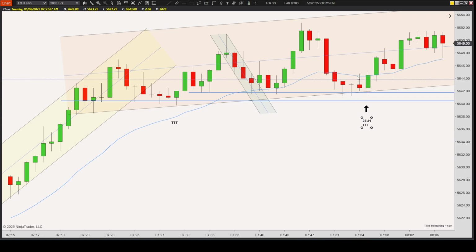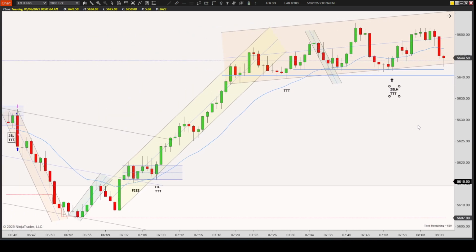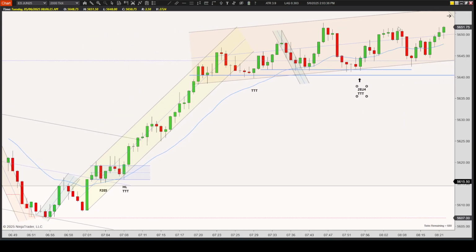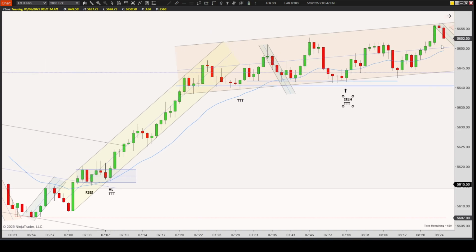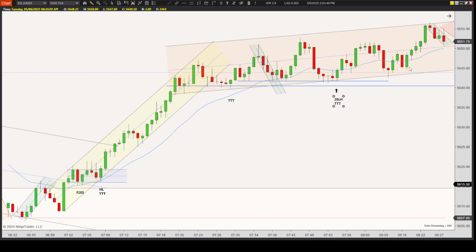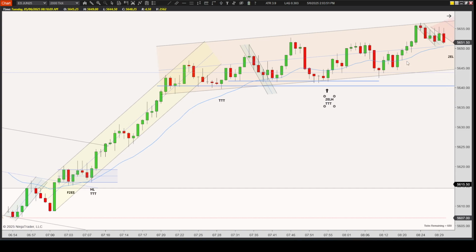You have a new low here, technically a first entry short, second entry short, but I saw this as a localized low. First entry short, pullback, second entry short. Not a good signal bar to go short on. Prices then continue moving. Technically, you have a localized high, first entry long pullback. You could say there's a second entry long here per the count, but I don't like that the EMA is just kind of cutting through all the price action at this point. So it's not really reliable as a support or resistance.